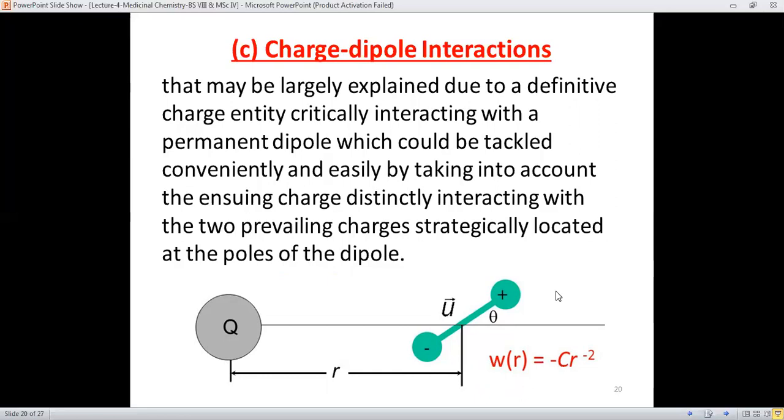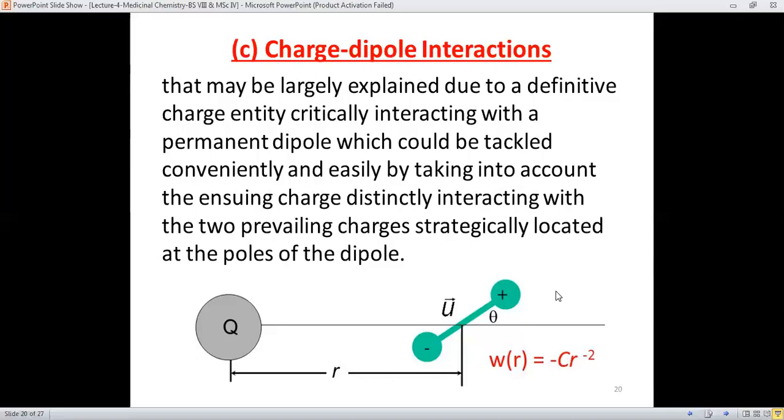It's not the induced one. It's not due to the presence of some other charge, but it's already present in the molecule, and it could be tackled conventionally and easily by taking into account the charge interacting with the two prevailing charges, and strategically